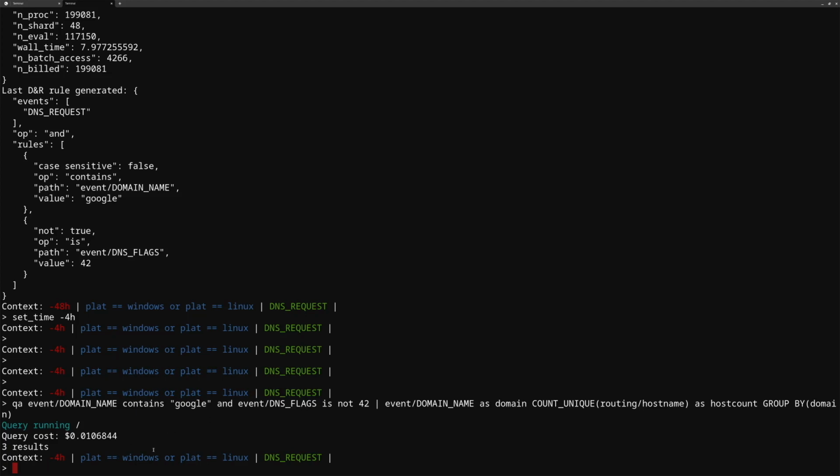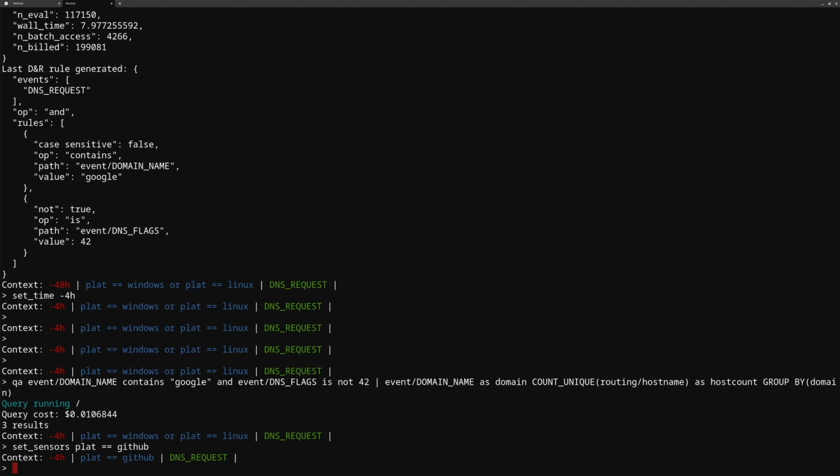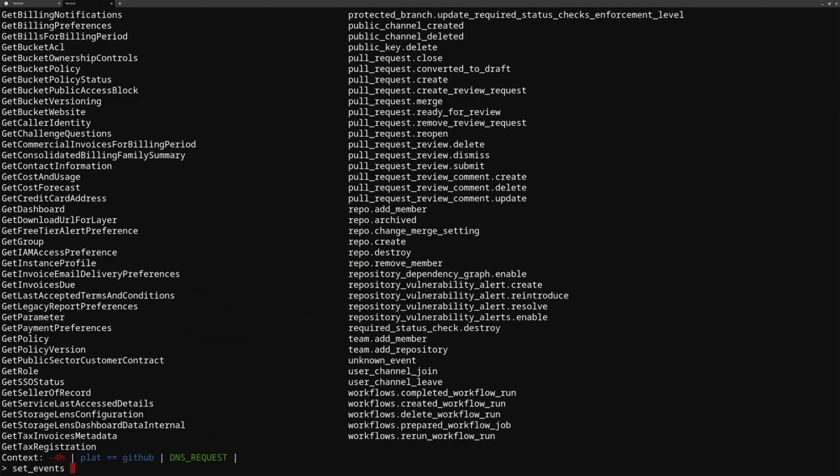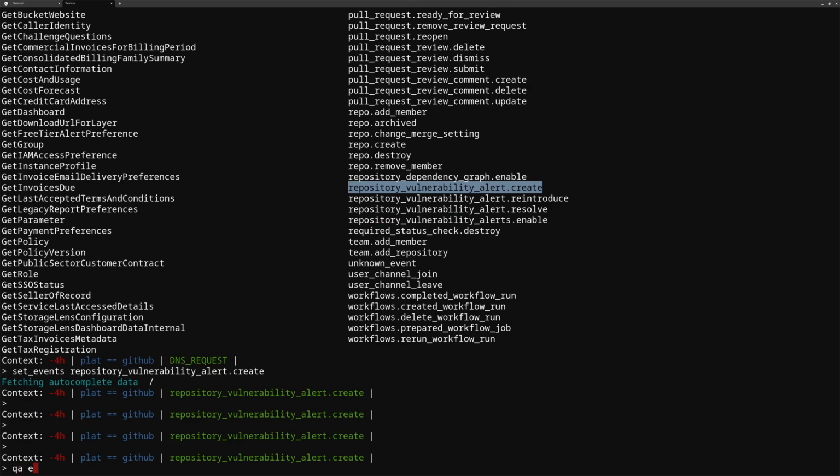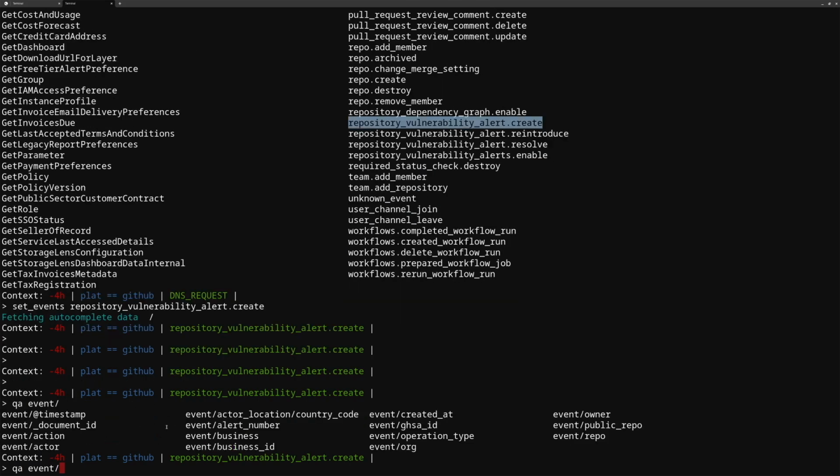You can change each part of the context. I could say set sensors, where my platform is GitHub, because I've got some GitHub sensors. And then I could say set events, and let's say this one: repository vulnerability alert dot create. So I could do this. And now when I specify my filter, if I go event, you can see that the suggested fields are the fields that you can expect in that specific type of event. So I could say public repo is false, and event actor is